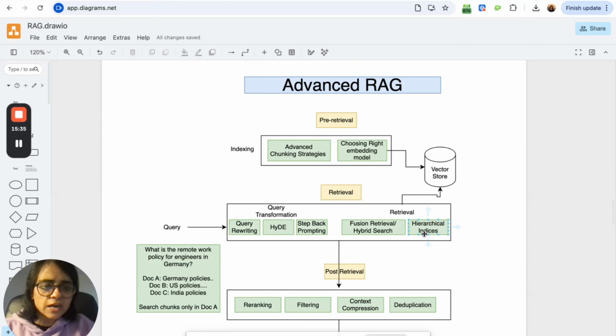Next retrieval strategy is hierarchical indices. What this is about is when you have lots and lots of documents and you want to perform search on them. This strategy suggests that instead of performing the search on entire documents, it's better that you create indices for the summaries of each of these documents first, and then perform the search on those summaries first, and then filter out the summaries which are not relevant and only take the ones that are relevant,